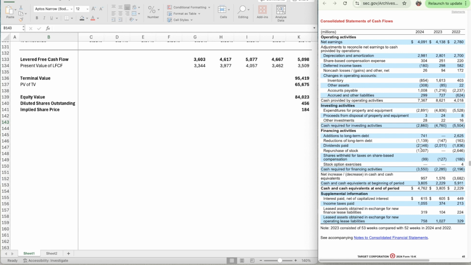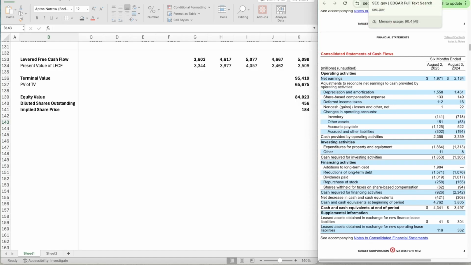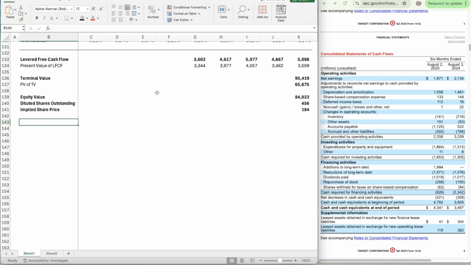So its dividend per share is rising. So okay, let's just multiply it by 2. So dividends paid for, let's call this for 2025, so equals 1019 multiplied by